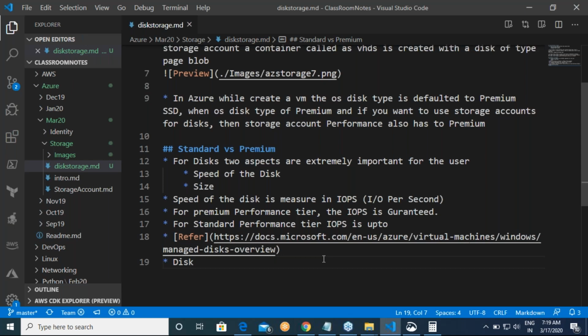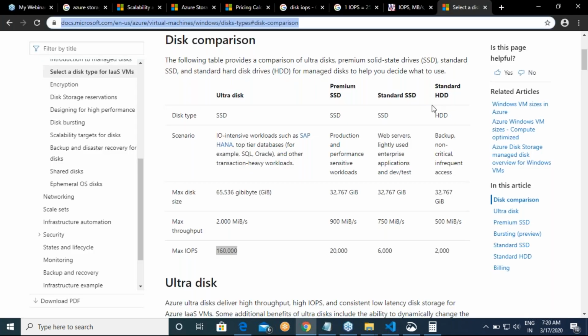But over here we have managed disks also, which I have not spoken about. Disk types in Windows for Azure, refer here. This will tell you the story of what it means whenever I select a standard account and whenever I select a premium account.